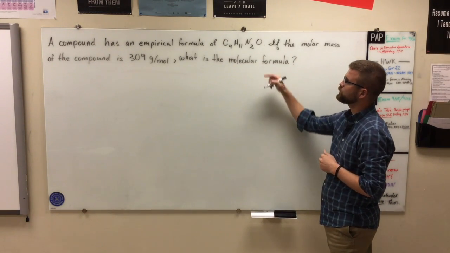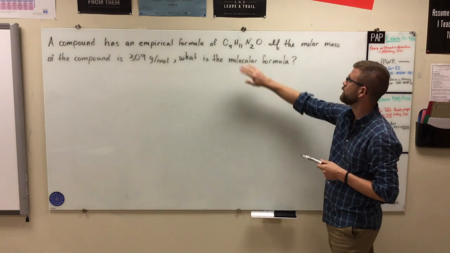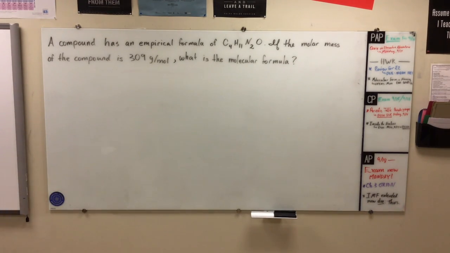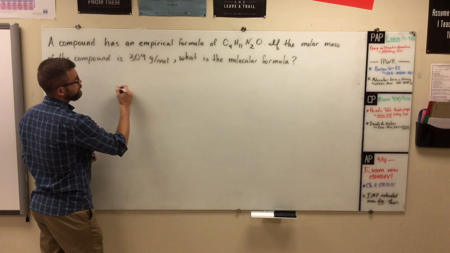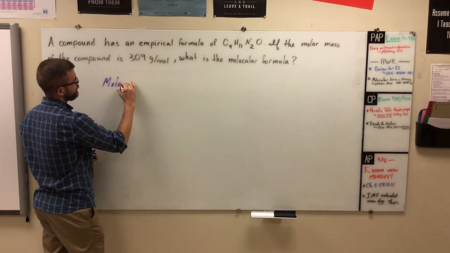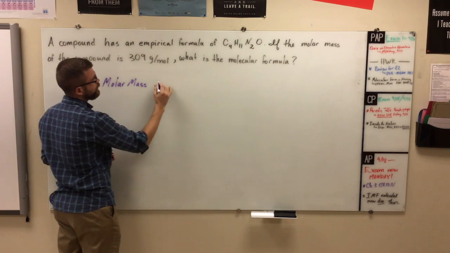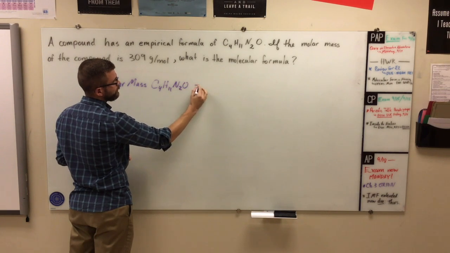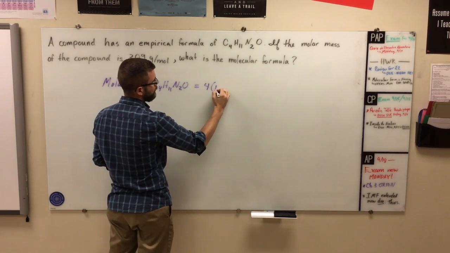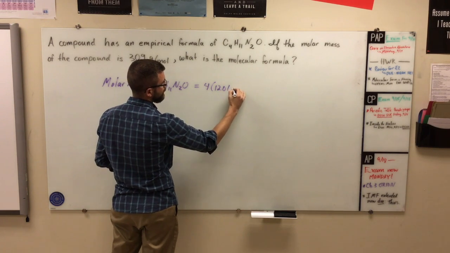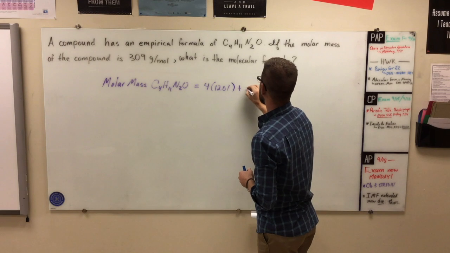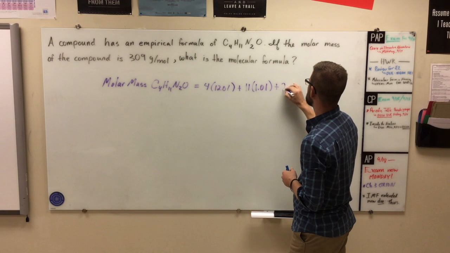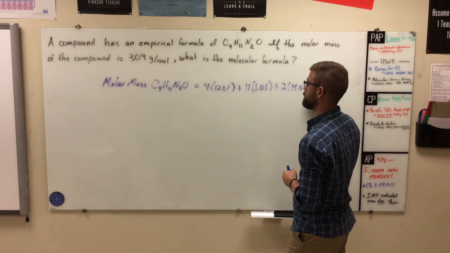The way that we're going to do this is first we've got to figure out the molar mass of this empirical formula. Using your periodic table, you can get to that pretty quickly. So the molar mass of C4H11N2O, from your periodic table, would be 4 times 12.01 plus 11 times 1.01 plus 2 times 14.01